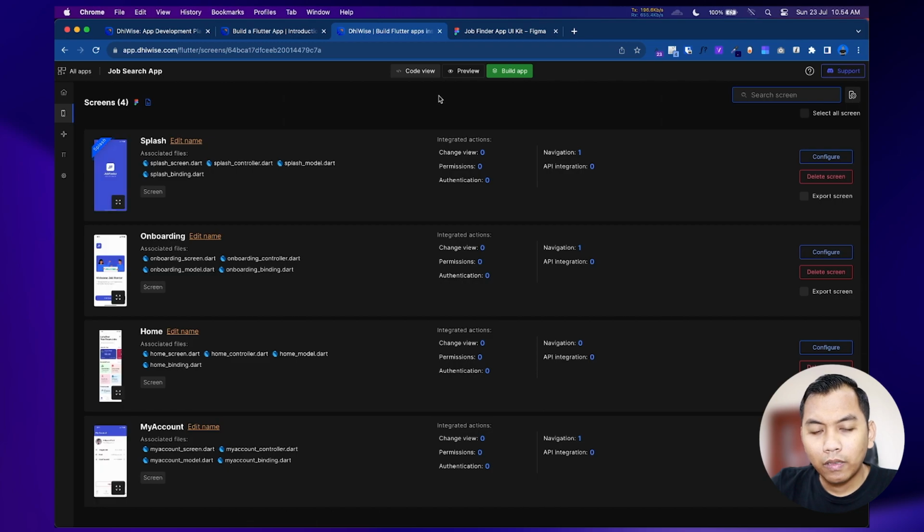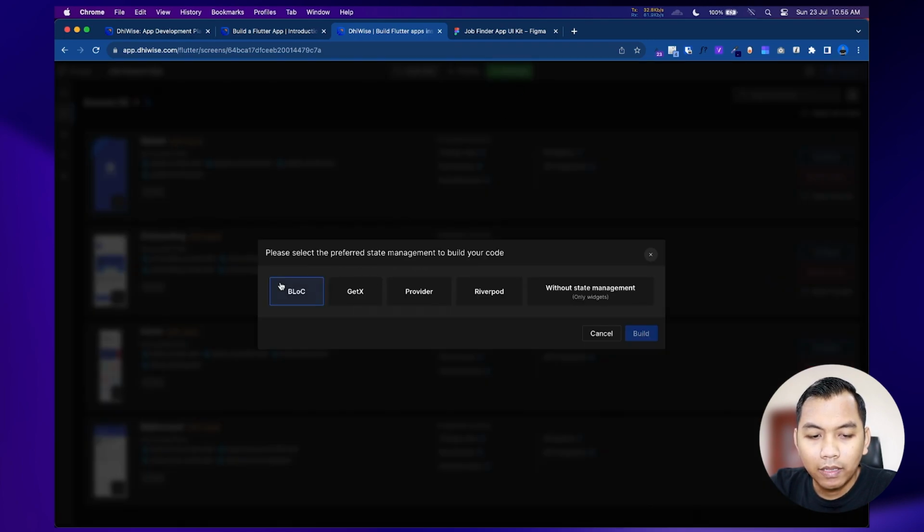So how do we get the generated code and run it in our IDE? Here we can see build app, and we need to select state management.